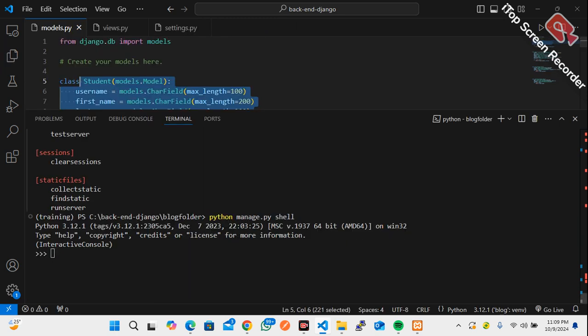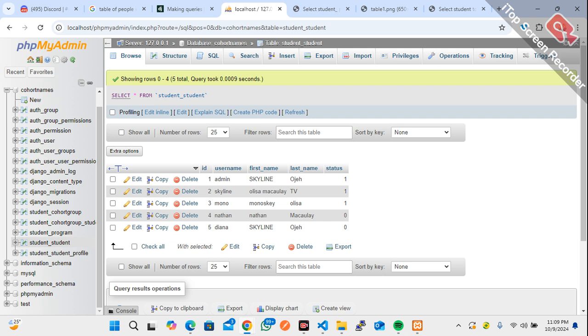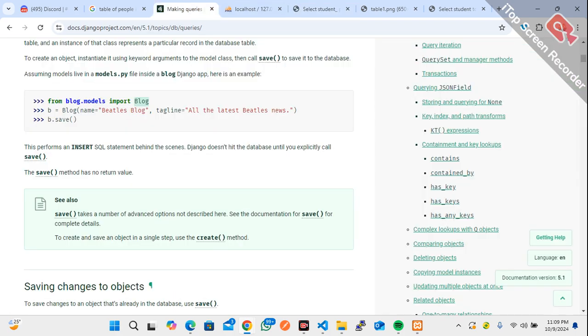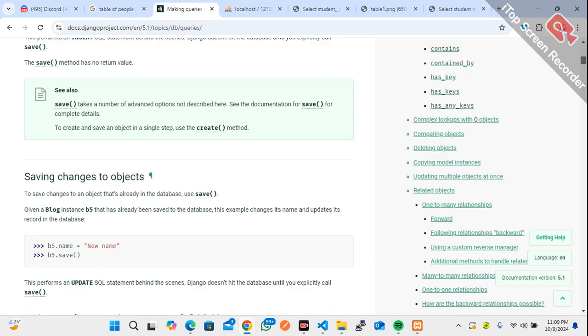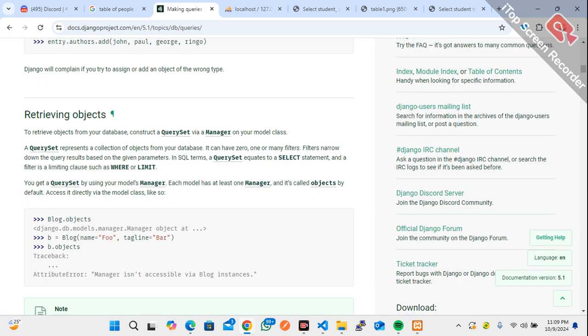When you enter this shell, you're going to have a very wonderful interactive environment, right? So inside that shell, let's say for instance, I want to retrieve all the students inside this student. I want to get all the information that we have here, right? Now we come to making queries. We scroll down to where we have